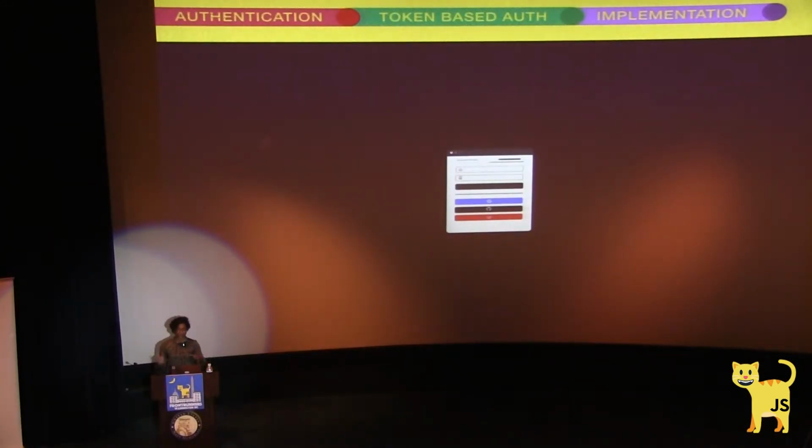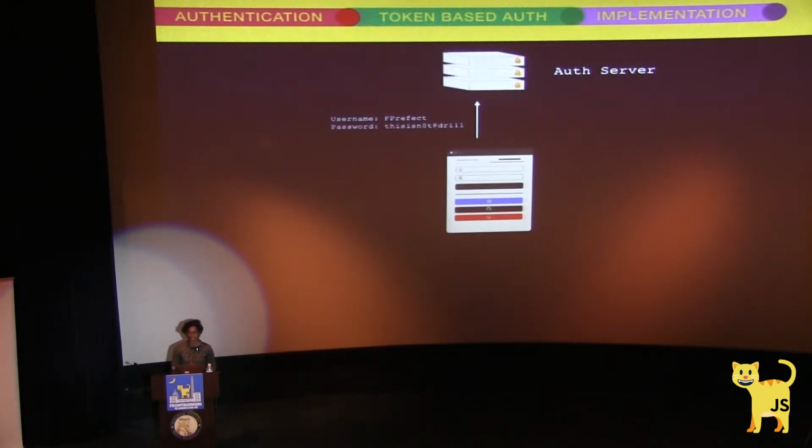And so the general workflow of how that works is you have a login page, and then you have an authentication server, which is what gives you that token to begin with. So I said server in general. I'm a front-end developer, so sometimes I'm like, servers. And so I pass in a username and password, and then the server gives me a JWT, which is what my app did. It's basically an authentication server.